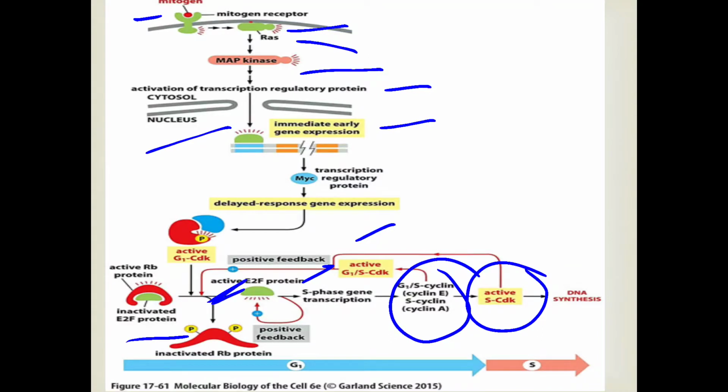Means E2F protein ਦੀ regulation ਦੋ ਤਰੀਕੇ ਨਾਲ ਹੋ ਸਕਦੀ ਹੈ: self regulation ਦੇ ਨਾਲ ਜਾਂ ਹੋ ਸਕਦੀ ਹੈ this G1S cyclin or S CDKs ਦੇ ਨਾਲ